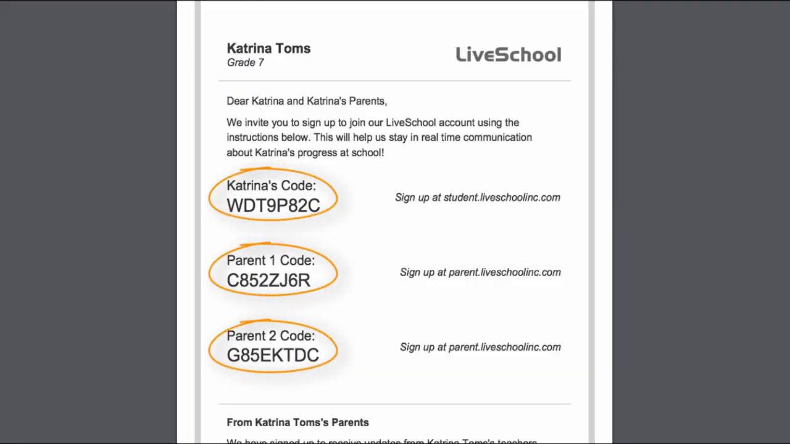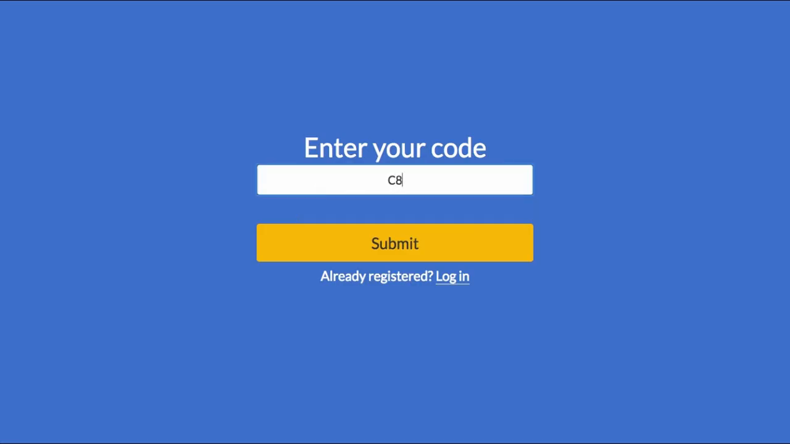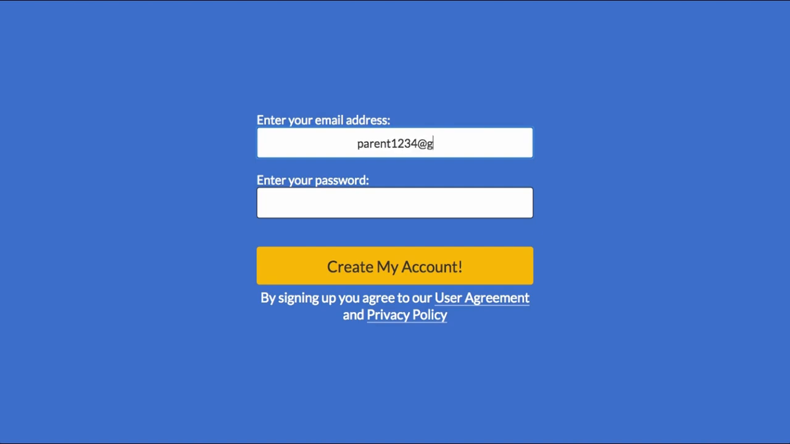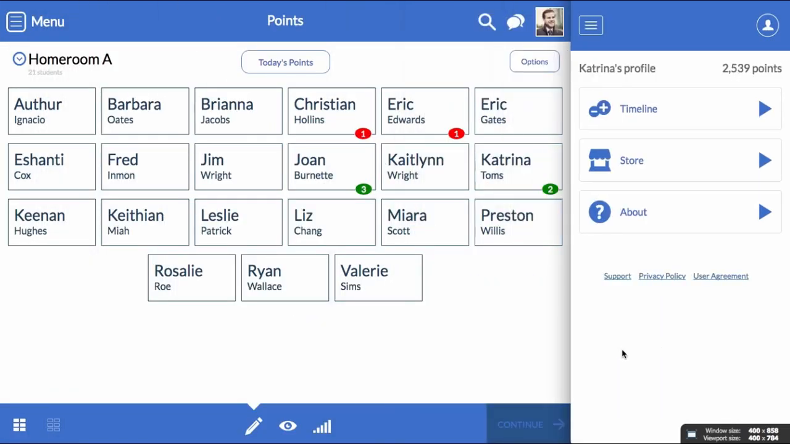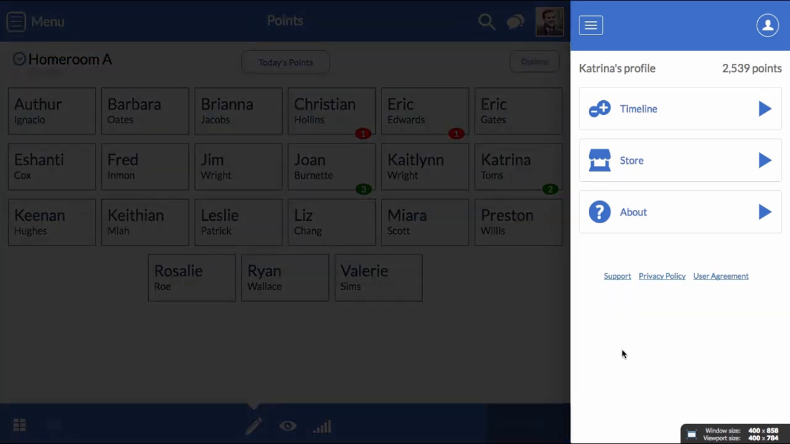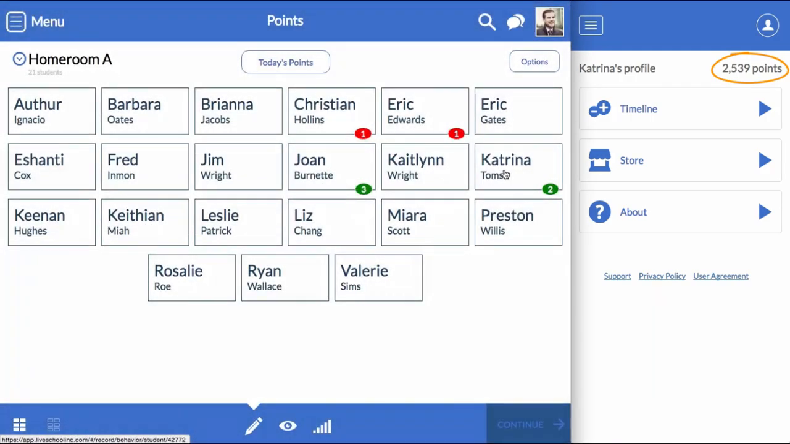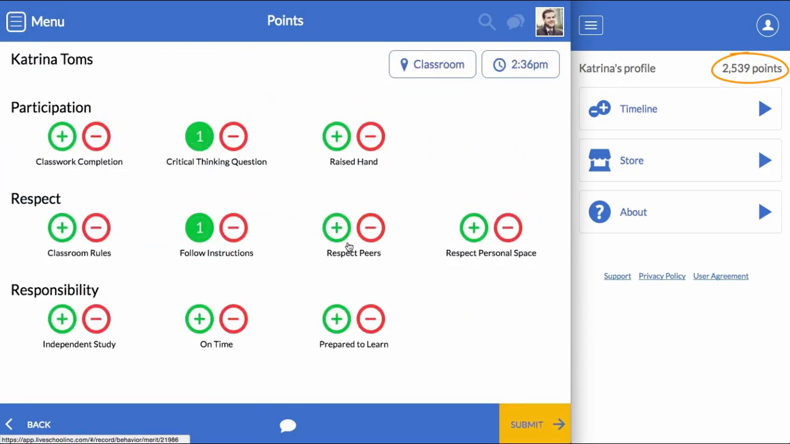Each access sheet contains a set of codes that the student and their parents can use to sign up for LiveSchool. Here, I've resized my browser to show how the app looks on a parent or student smartphone. You will see the student's bank account listed here. This number is real time, so if a teacher awards some points to Katrina, we can see that her bank